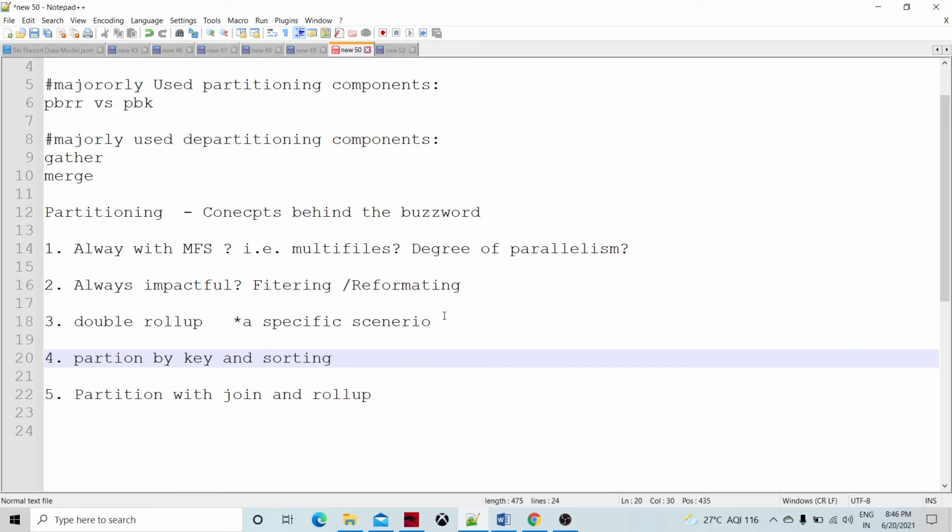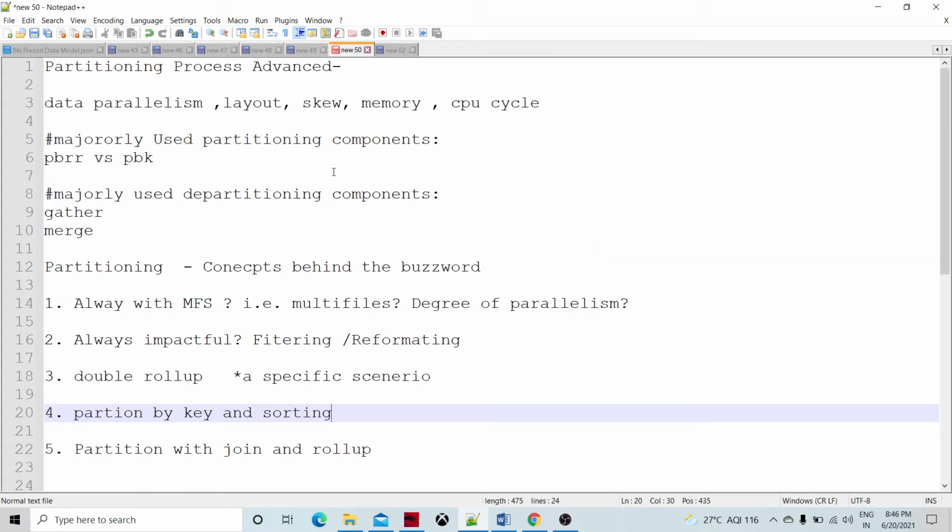So double roll-up is used whenever we have highly skewed data and need to get some kind of summary or grouping, let's say the summation of the salary of the employees in a particular department. If that kind of scenario is desired and we have skewed data, we need to run our processing in parallel because it's high volume data. So we do the partition by round robin so that